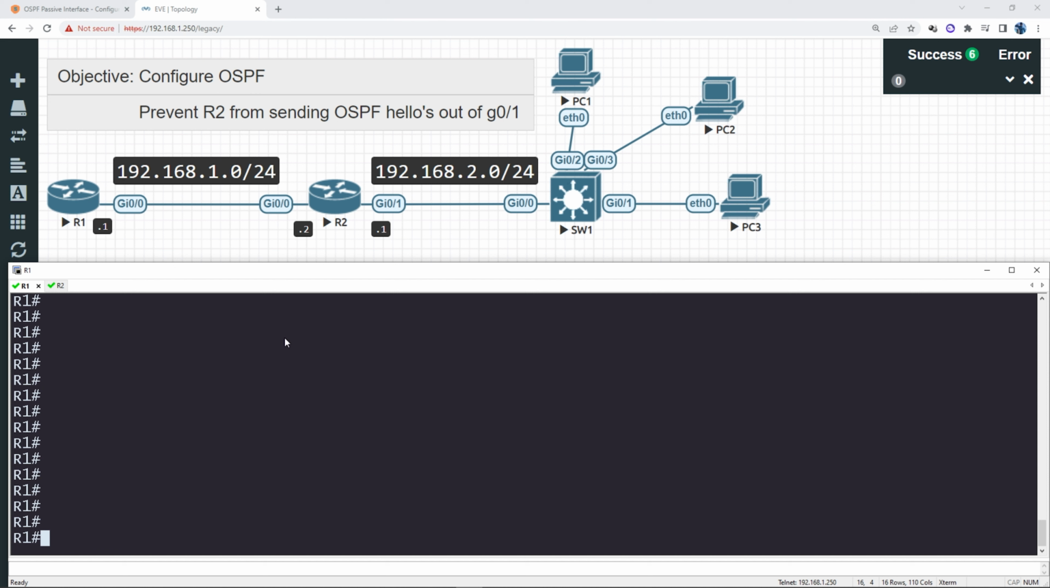Now, the only thing configured on this lab so far are just the IP addresses on router 1 and router 2. We need to configure OSPF from scratch, so let's go ahead and do that. So on router 1, I'm going to go to config T. I'm going to say router OSPF 1, and I'm going to add a network statement that matches gig 0/0 on